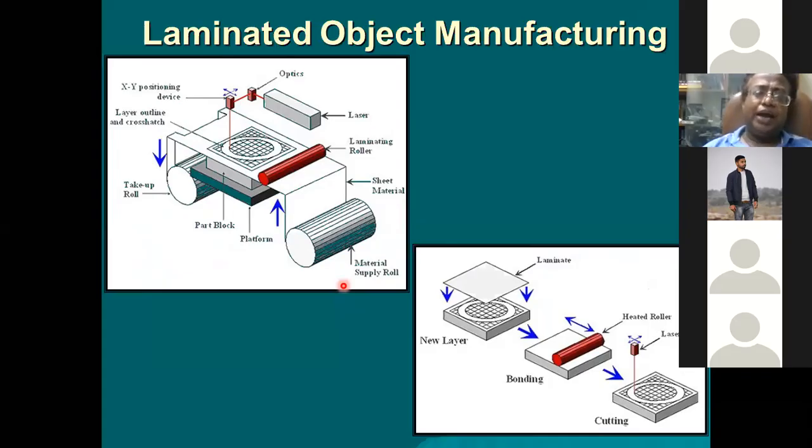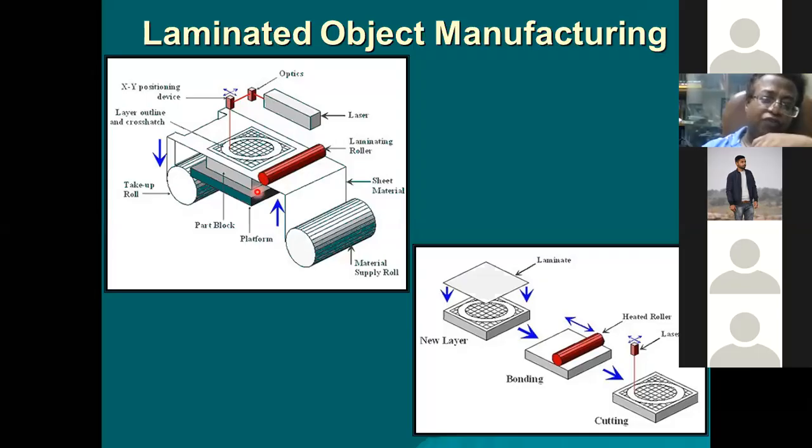Okay, then there's another process called laminated object manufacturing. In this laminated object manufacturing process, what is being done? Here we use a foil. This is a plastic material, or it may even be a paper roll. This is the platform. This roll will move, and this is a lamination roll. This heated lamination roll will move. This material will stick to the platform, and the laser will come in a similar manner from the top, and it will cut. In this process, the function of the laser is to cut the material. Correct? It will not deposit.